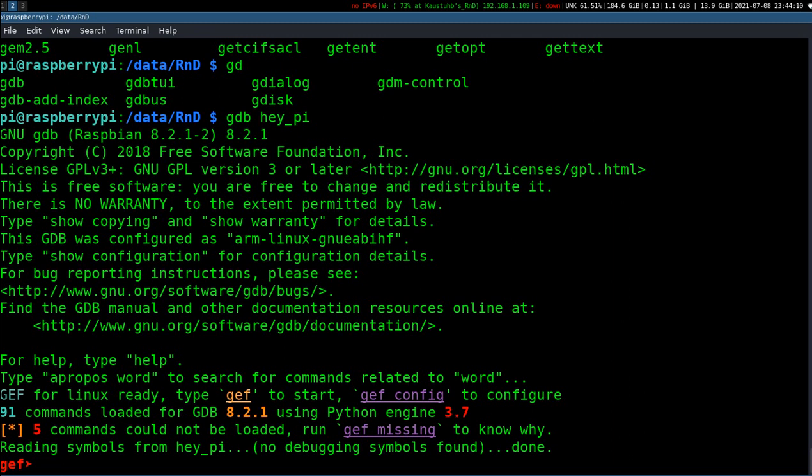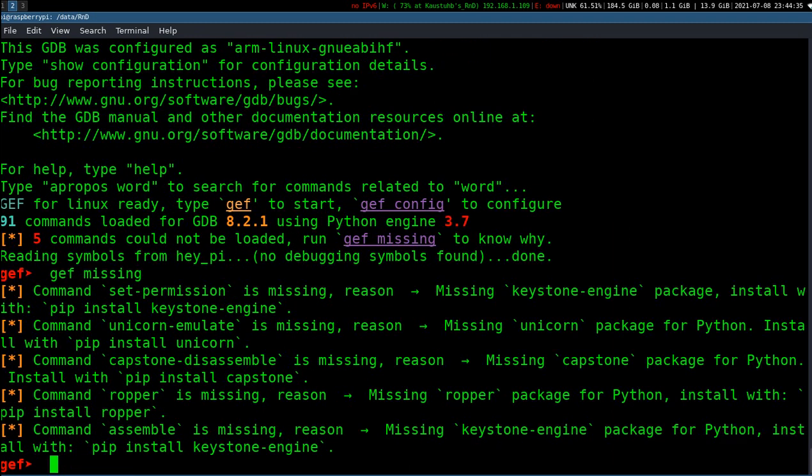GEF for Linux ready, type gef to start, gef config to configure. 91 commands loaded from GDB, and commands could not be loaded, run gef missing. So GEF, okay, it is showing GEF already, right? gef missing. Command set permission is missing PC. Looks like many things are missing.